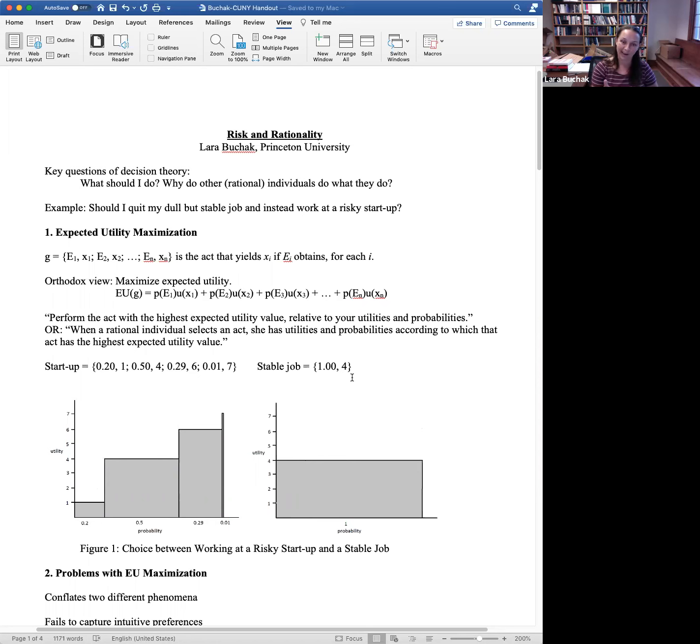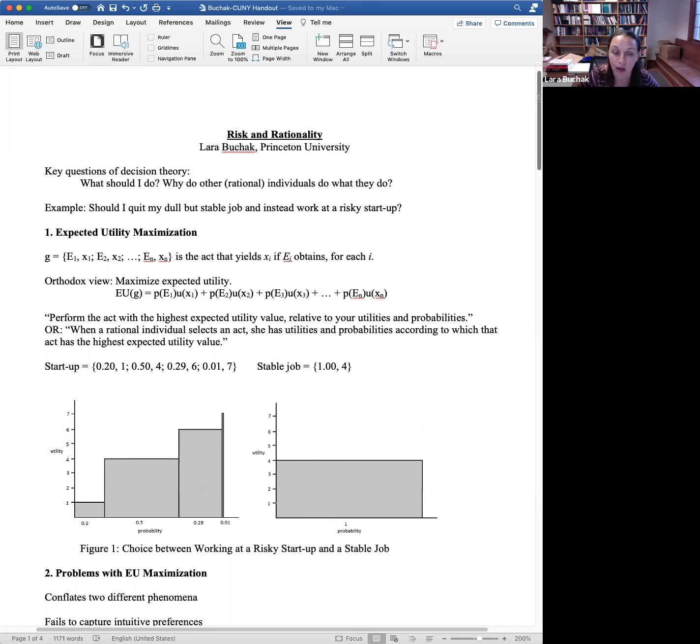And you can see the way expected utility solves the aggregation problem. It says, okay, there are 4 consequences. Say in this startup choice, you might get utility 1, you might get utility 4, you might get utility 6, or you might get utility 7. The value of each consequence is its utility value, and the weight it gets in your decision-making is its probability value. So how much weight does the fact that you might get utility 4 with probability 50% get in your choice? Well, it weighs 50%. Okay, so that's the basic theory.